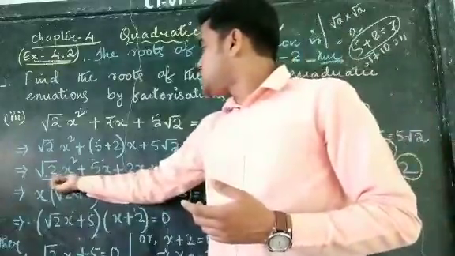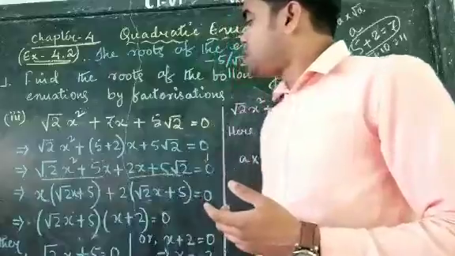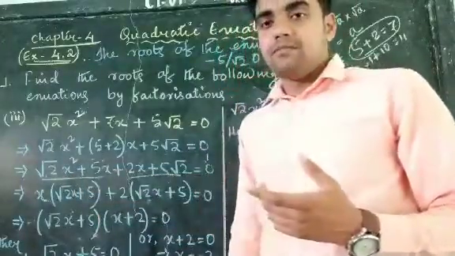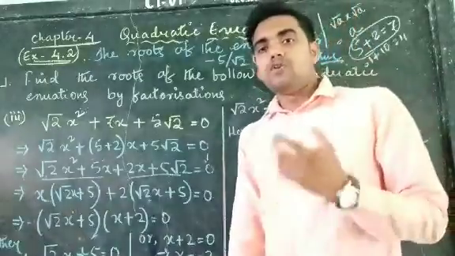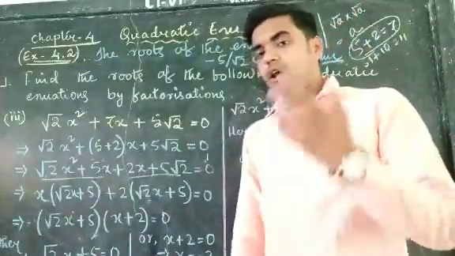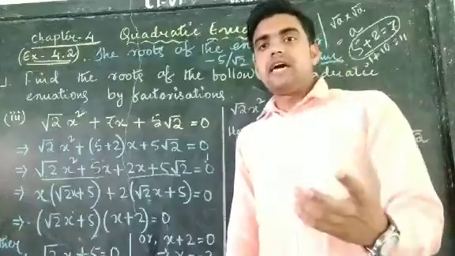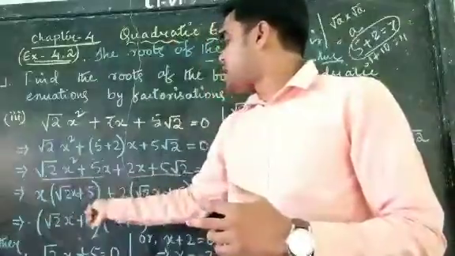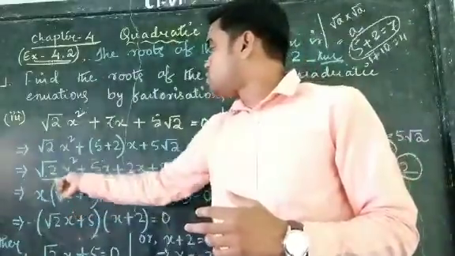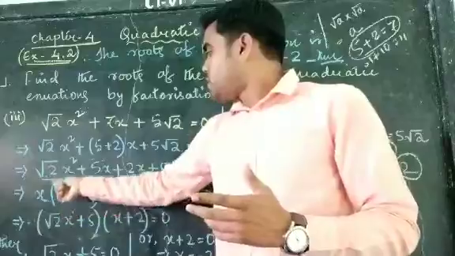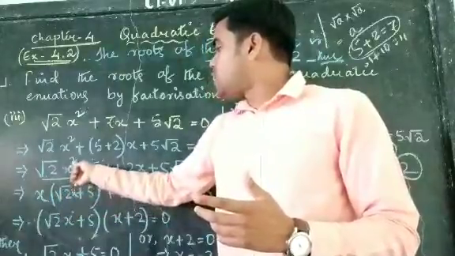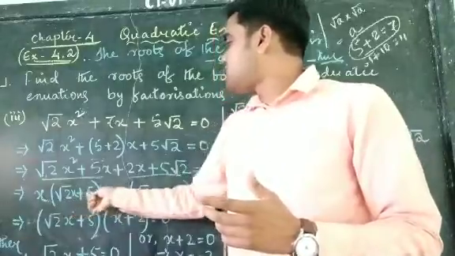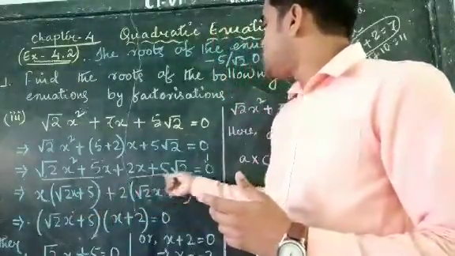So what are the common terms between these two terms? Root 2x square and 5x, the common term is only x, because root 2 is not common to both terms, and 5 is not common to both terms. Only x is common to both. So x is common, so inside the bracket the remaining term is root 2x. Root 2 is there, and from x square, 1x is already common, so root 2x plus 5, and plus again these two terms.